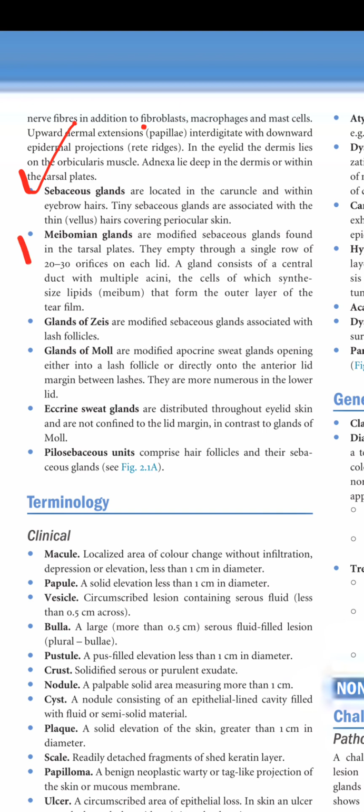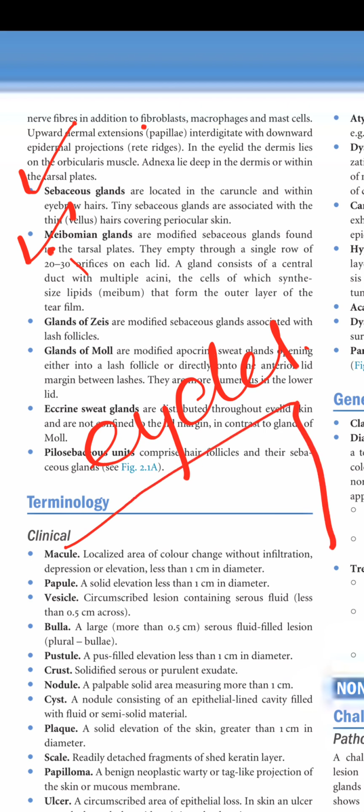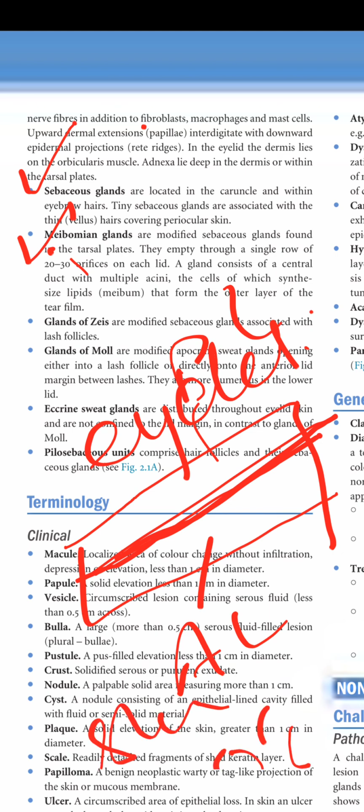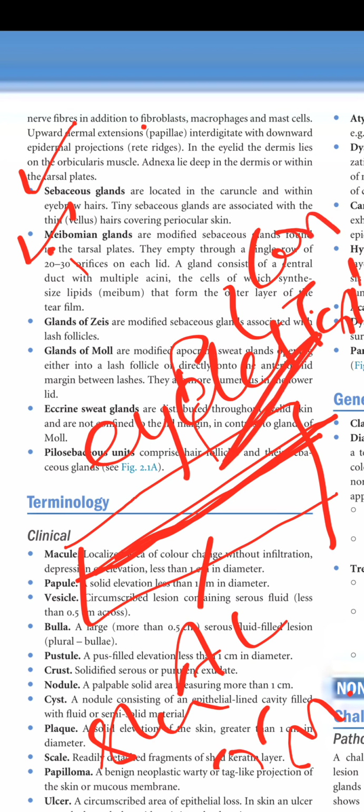Meibomian gland. One of the most important glands is the meibomian gland. It lies within the tarsal plate. So we have an eyelid, and this is the eyelid margin. The eyelid is divided into two parts, anterior lamella and posterior lamella. The anterior lamella is further divided into skin and orbicularis muscle, and the posterior lamella consists of the tarsal plate and conjunctiva. Within this tarsal plate layer are the meibomian glands,